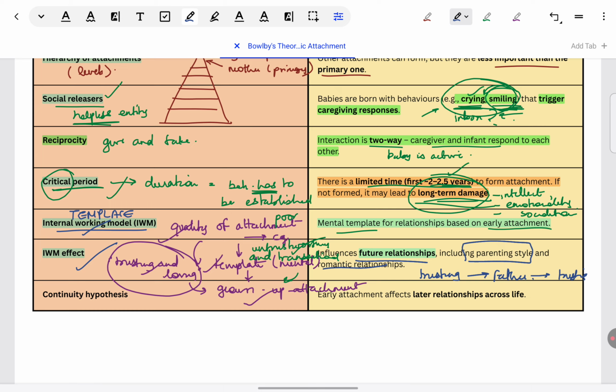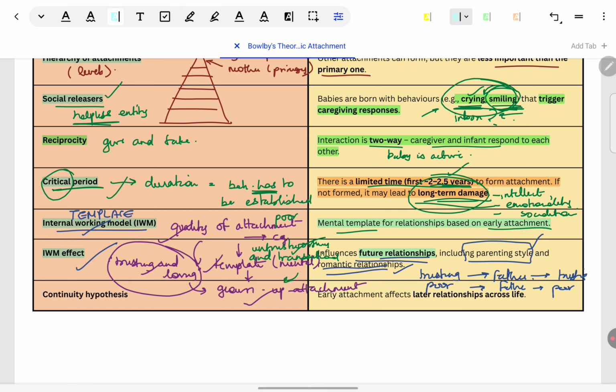On the other hand, if there was a poor relationship with his mother when he was a child, today as a father he's likely to establish a poor relationship with his baby in turn. So, in terms of future relationships, the template which is formed not only influences romantic relationships, but also parenting styles, or the way the individual will be as a parent to their own children in the future.